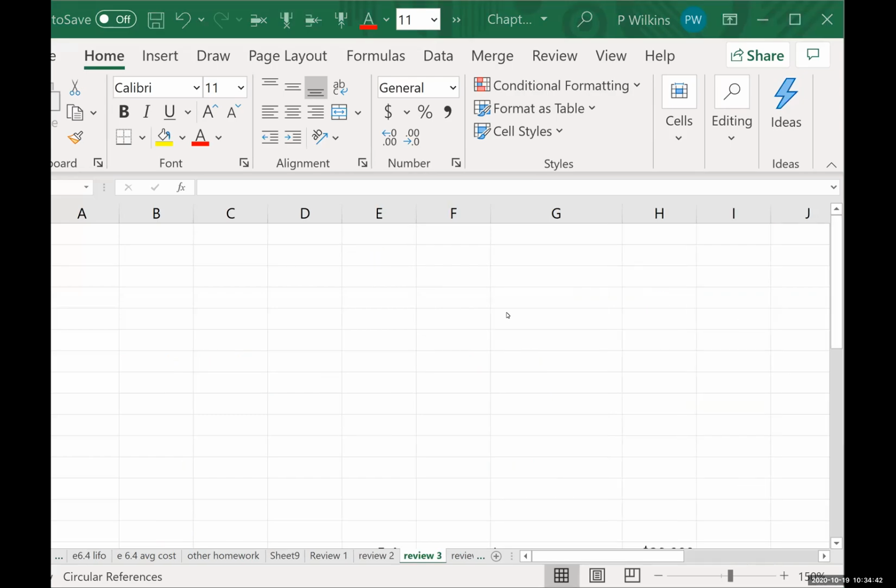Okay, so this is problem 3 on exam 2 review. Problem 3 says, this information relates to Tandy Company. There's a 1, 2, 3, 4, and 5, and then we're going to do A and B. A says, prepare the journal entries to record these transactions on the books of Tandy Company using a perpetual